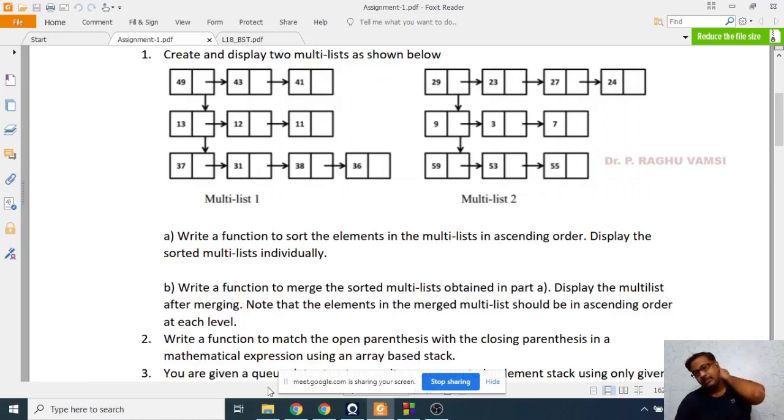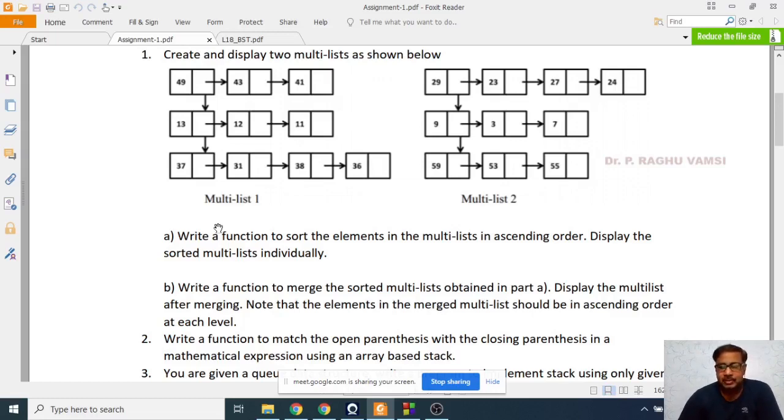If you want to rearrange the multi-list, obviously it is not possible at present with you, I think. But you can do the sorting and merging at each level, that is first row, second row, third row. That is possible. But restructuring the multi-list, obviously you would have to put in a lot of effort.